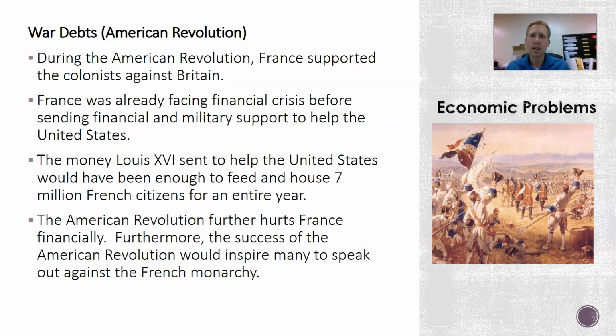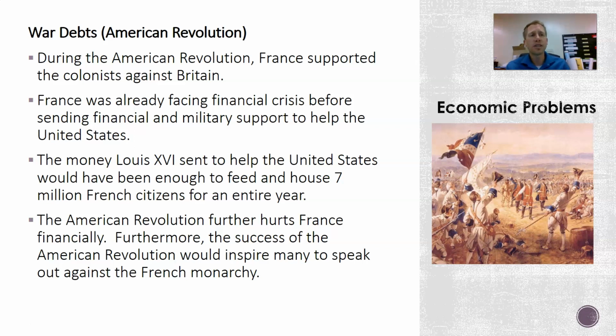So the Seven Years' War, or as we call it in the United States, the French and Indian War, is going to help lead to the American Revolution because of the new things Britain is going to impose on the colonists, including new taxes, and we create "no taxation without representation." They're going to go into debt, which helps lead to the American Revolution, and France is going to get involved by supporting the colonists against Britain, because France and Britain are huge rivals, and France is pretty much willing to mess with Britain regardless of the cost.